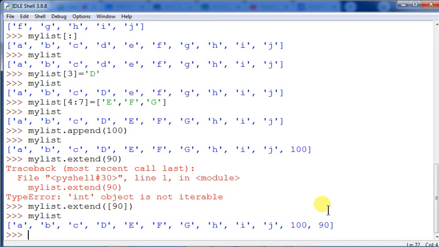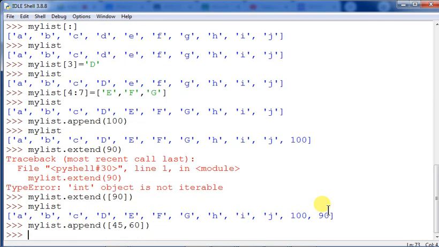But if you add it this way, my list dot append, and within the brackets I give, say, 45 and then 60, and then close it, I am appending a list to the existing list. Now you see the difference between extend and append. Extend accepted a list argument, but append accepts both: a normal element as well as a list.